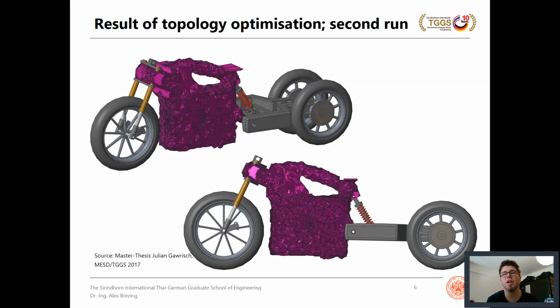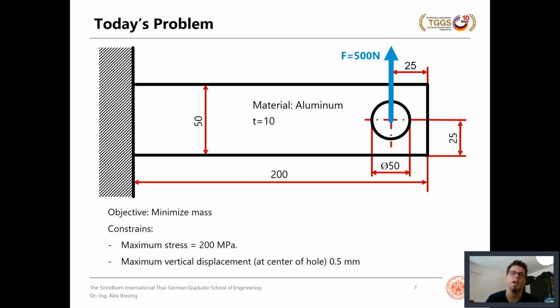And it's not really surprising, the result that we get here. We still have basically the same shape, the same backbone, although it's kind of flatter in this case. That might really be because now the lower portion of the resulting shape contributes a lot more to the structural function, to the stiffness of the frame. Okay, so